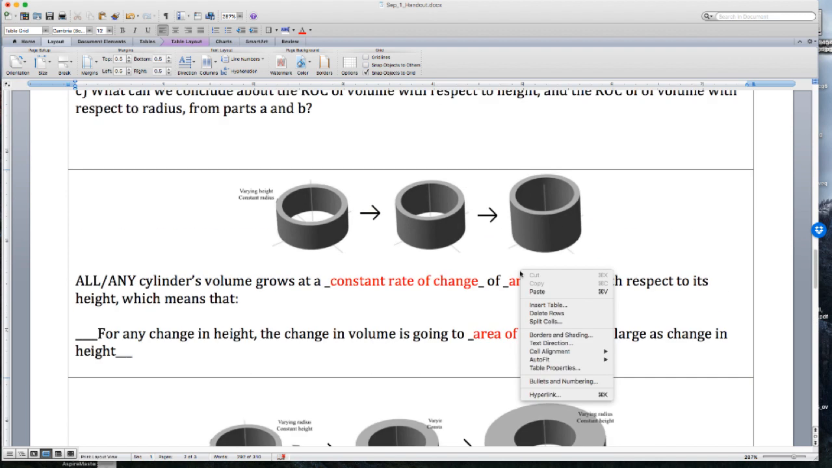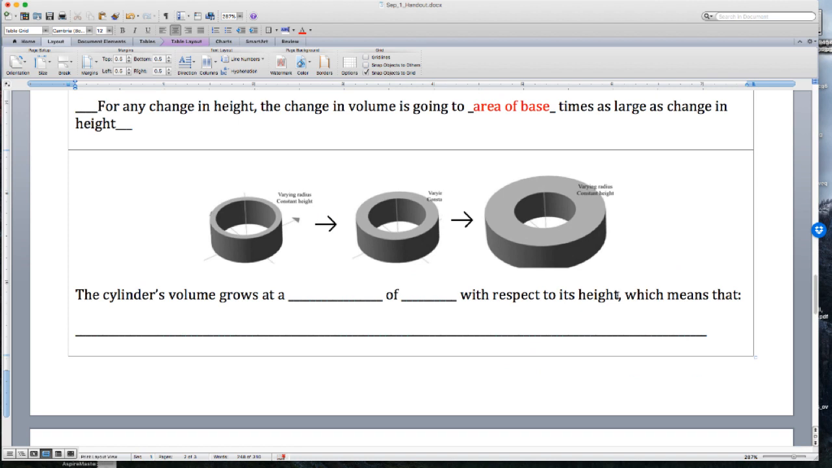Oops. Everyone, I did this handout in a hurry. So everyone, the last thing, please cross out height and write radius. Otherwise, it's the same question twice. With respect to its radius, and here,